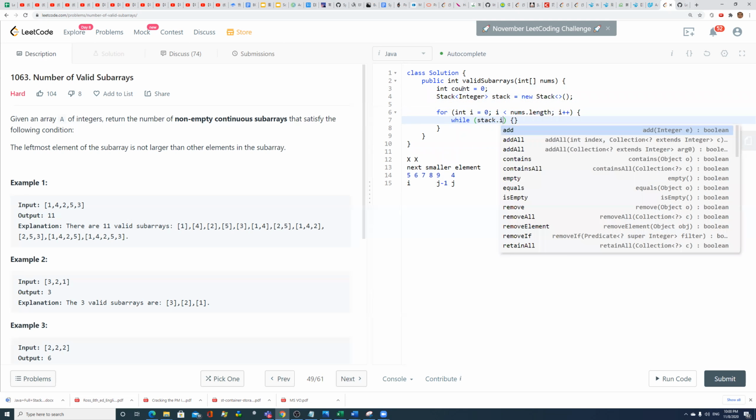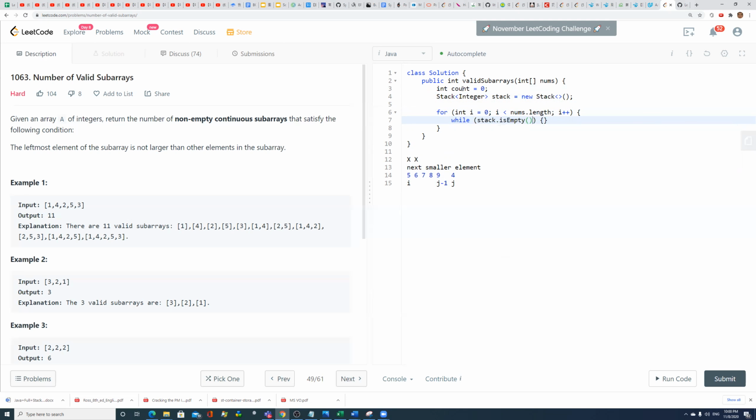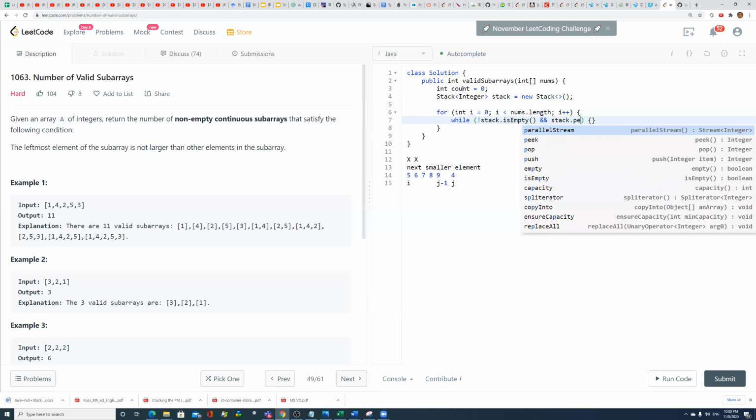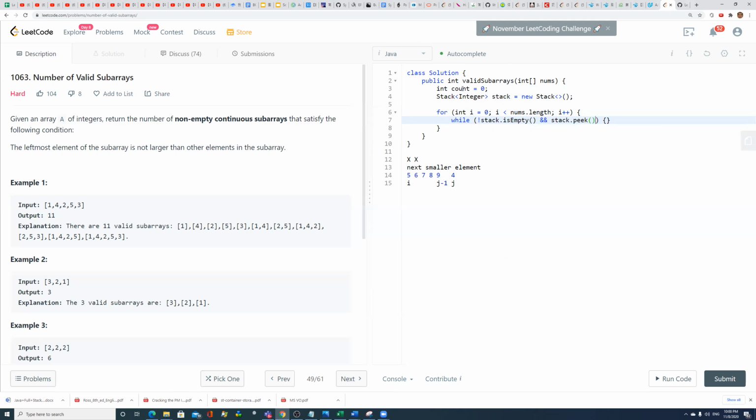While the stack is not empty, and the peek element is no larger than, and this is the formula,